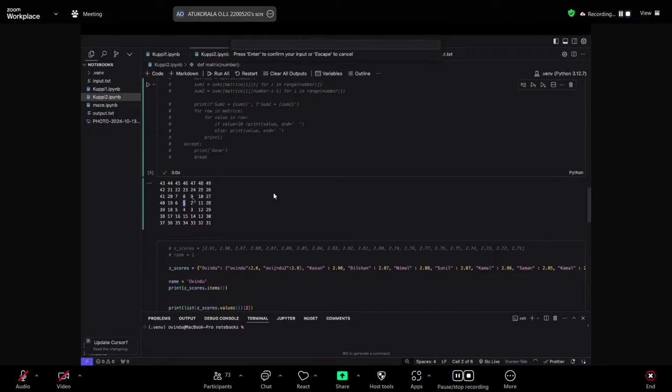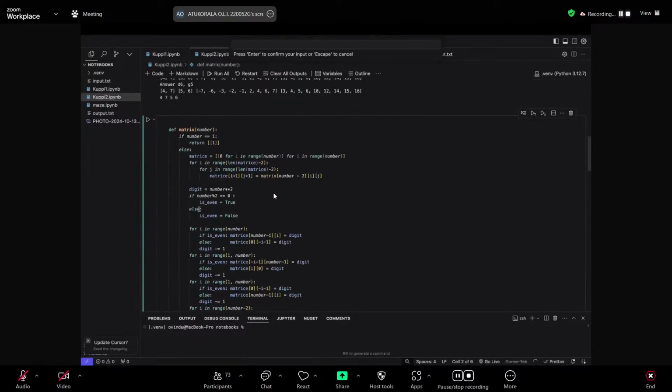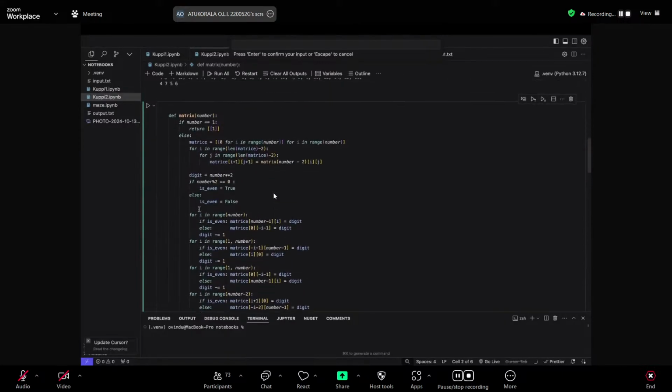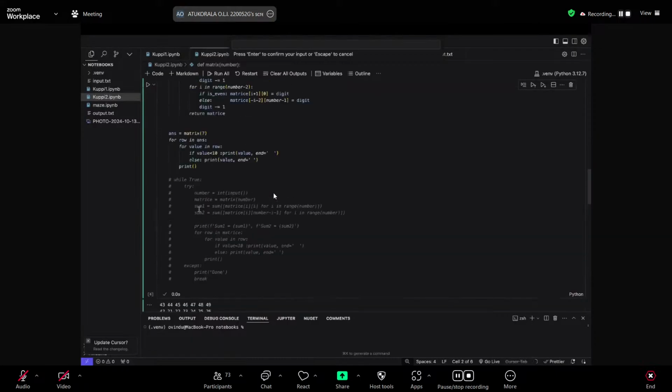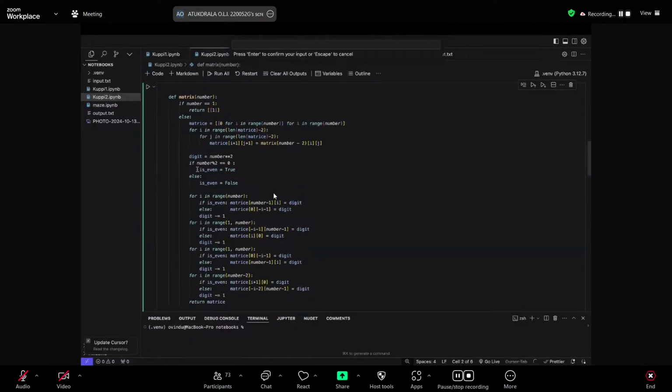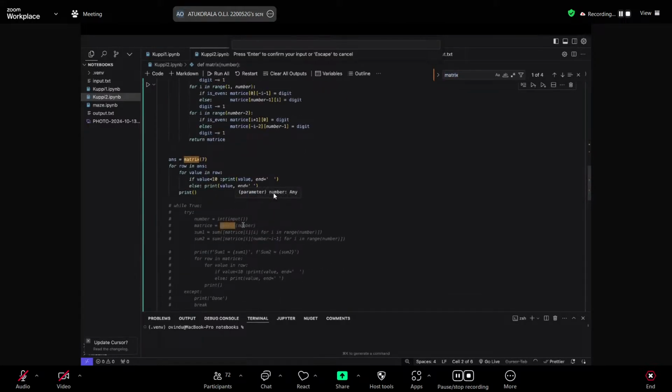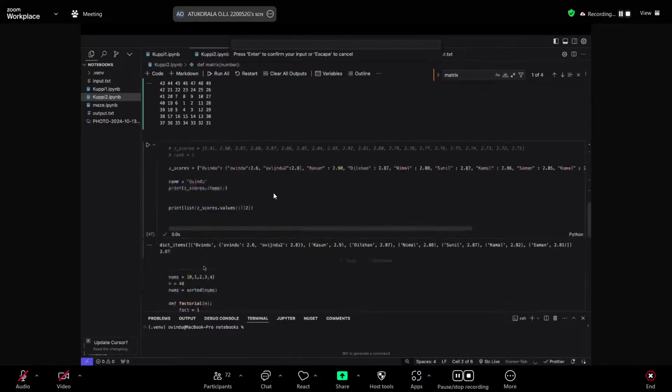What I did was I first drew the matrix inside.